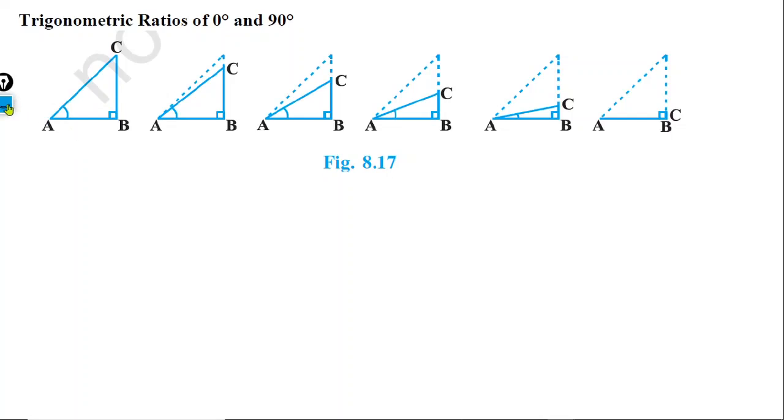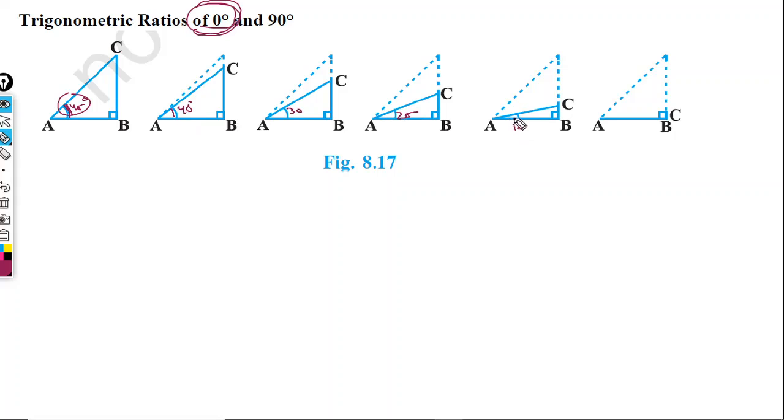Okay, it's a very interesting concept, sine 0 degree. So we will first start with sine 0, that means 0 degree. Now you look at it. A triangle is there, triangle ABC. In this triangle, if we consider angle A, there is some measure of angle A. Suppose it is 45 degree, hypothetically I am saying. Now we have reduced the angle. Suppose it is now 40 degree. Again we have reduced it, now say 30 degree. Now 25 degree. Again we have reduced it to, say, 10 degree.